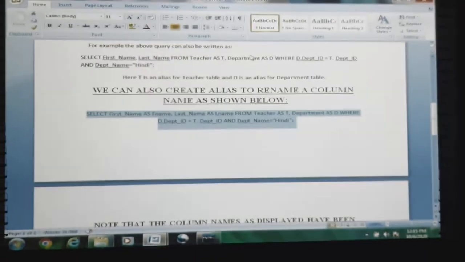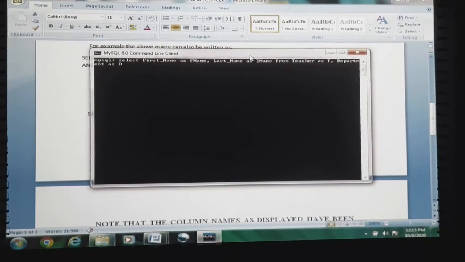Where department as D, where D dot department ID is equal to T dot department ID and department name is equal to Hindi.